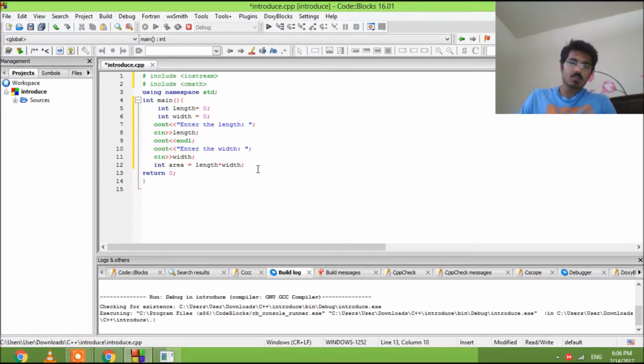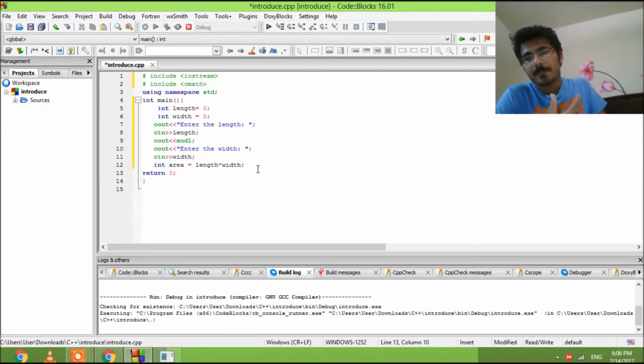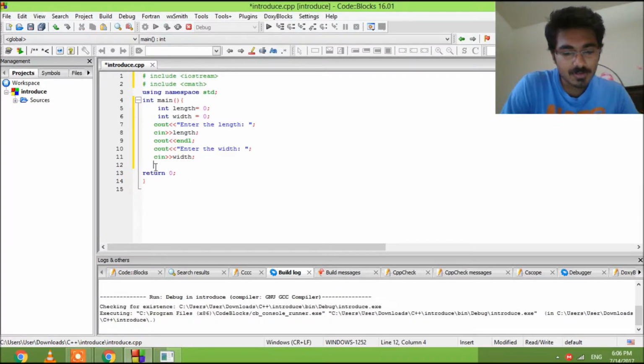Okay, so you can do this, but it will consume more memory in the computer, right? If you want to do it this way, feel free to do it. There's nothing wrong. There's no right way or wrong way. But what I'd prefer is not wasting memory and just saying